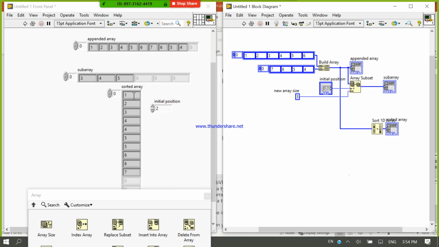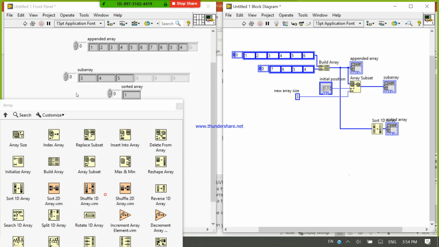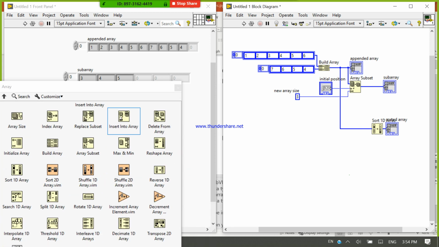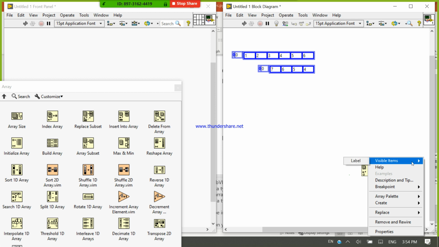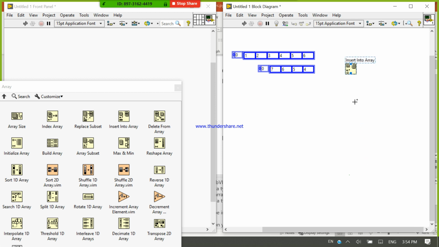Okay, there is one concept, insert into array. Let's see how we can insert something in an array. Control B. This is my insert into array function. Now this is my main data set.